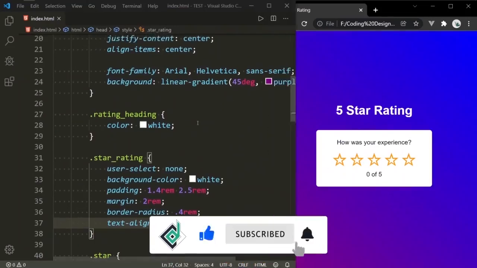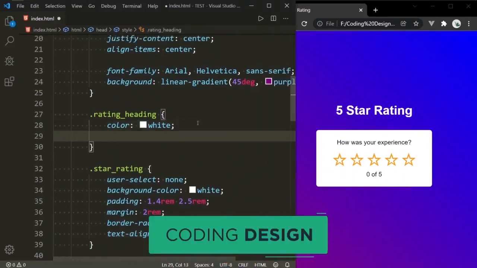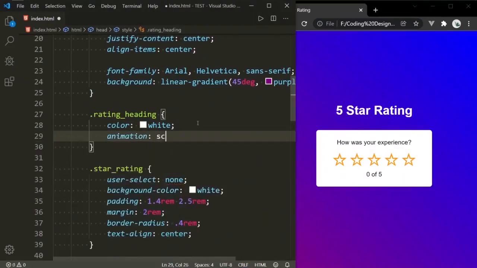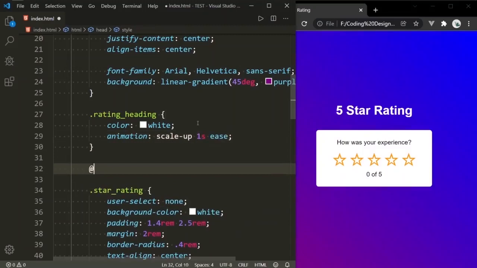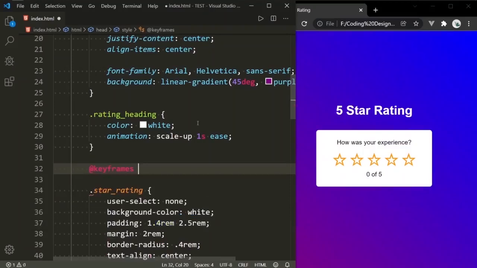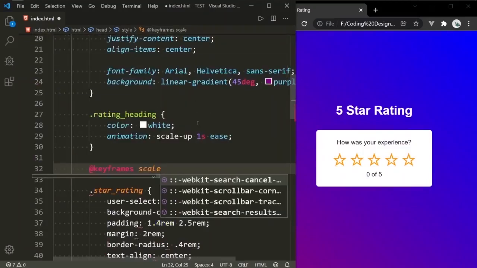Now let's give the animation for the rating heading. So I'm writing animation. I'm giving the animation name as scale-up. For the duration I'm giving 1 second, and for the timing function I'm giving ease. Okay, now let's write the keyframes. Let's give the name scale-up.